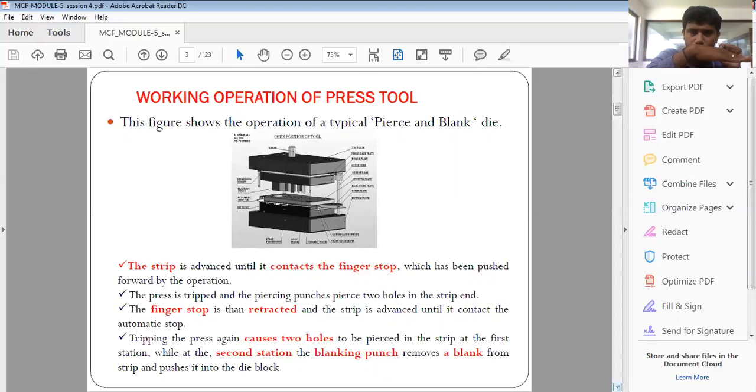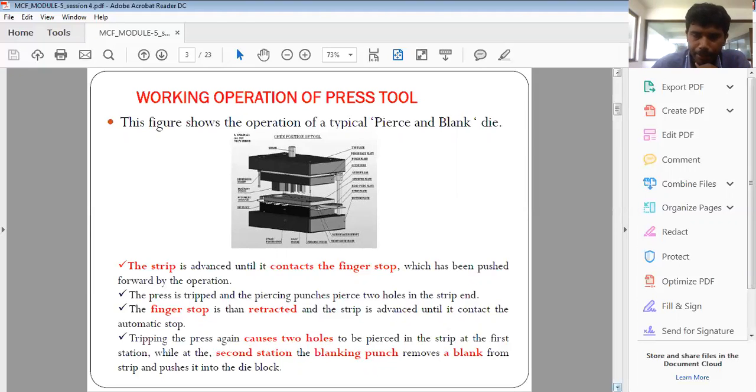Again, the strip moves. Again, it is stopped by the automatic stoppers, and again the piercing operation takes place. At the same time, the blanking takes place. The press ram moves up and down, so all this punch unit moves up and down.